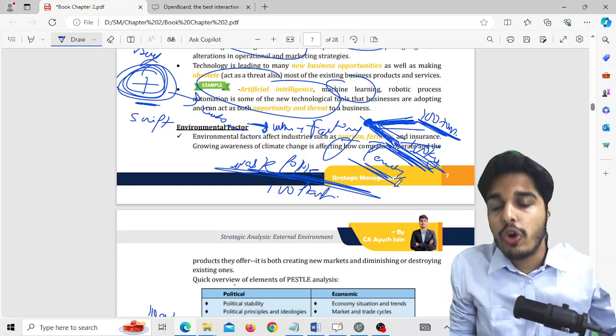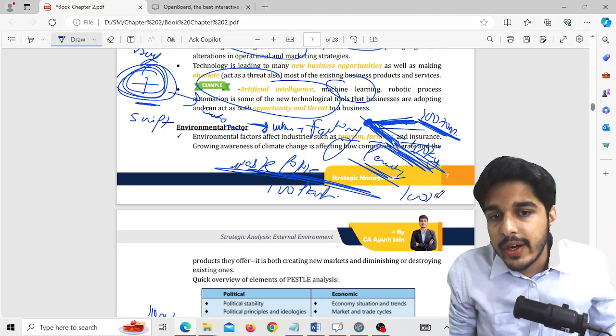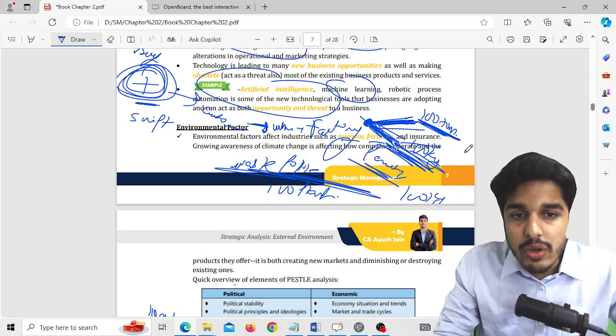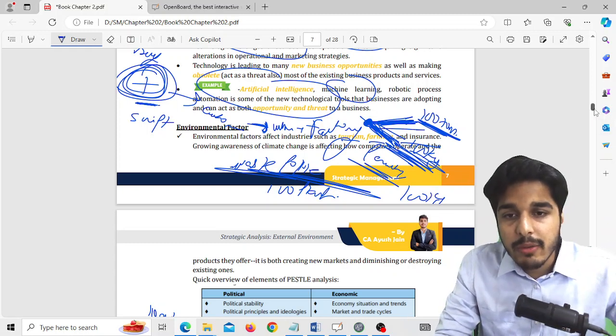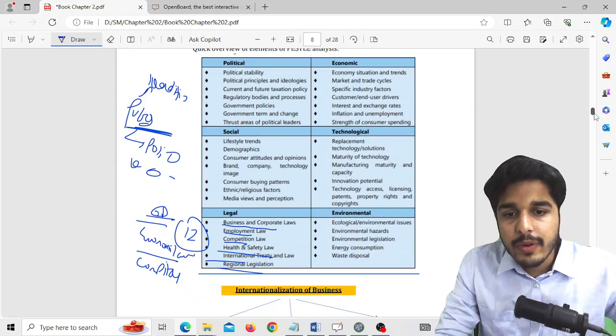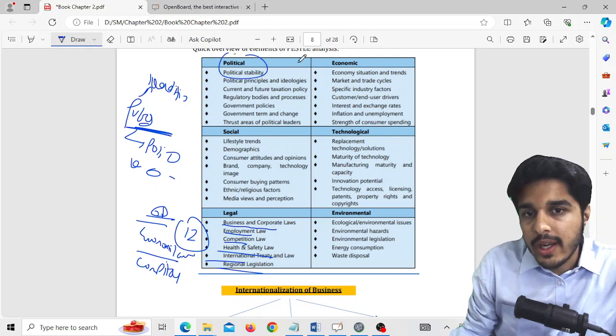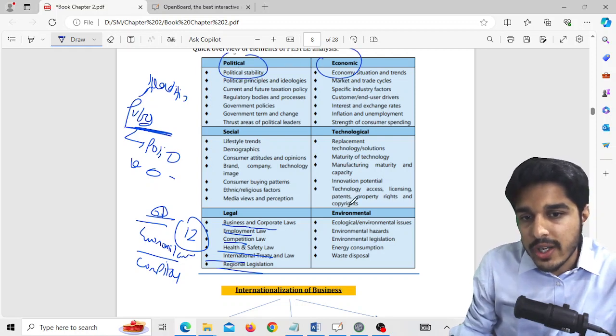You cannot omit more than 100 kg of waste in the river. So these are all the things which you have to keep in mind before formulating any kind of strategy. So this is an overview of political, economical, social, technological, environmental, and